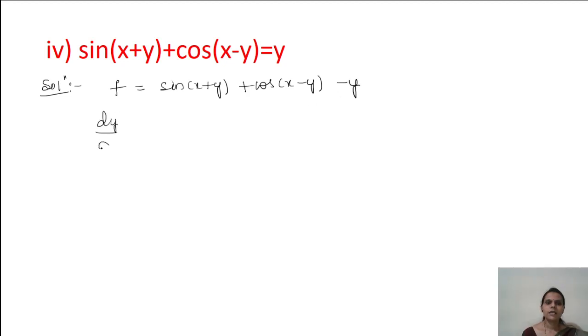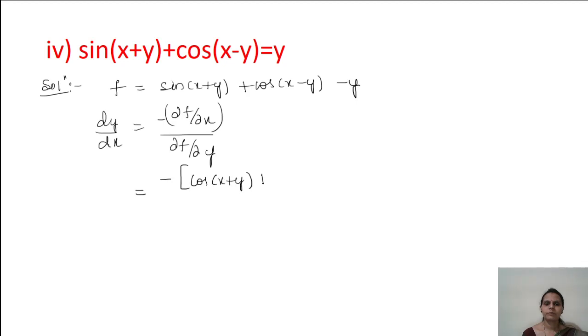So dy/dx is given by −(∂f/∂x)/(∂f/∂y), which is equal to minus the differentiation of f with respect to x partially: the differentiation of sin(x+y) is cos(x+y), minus the differentiation of cos(x−y) is −sin(x−y), and the differentiation of y is 0, divided by ∂f/∂y, which is cos(x+y) − sin(x−y)